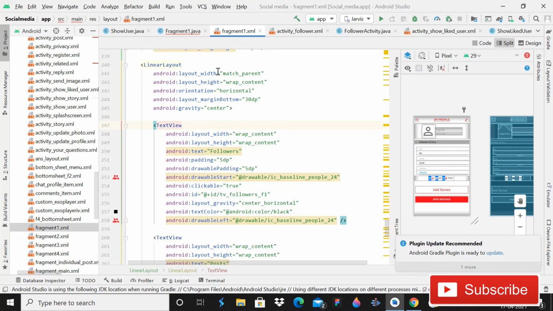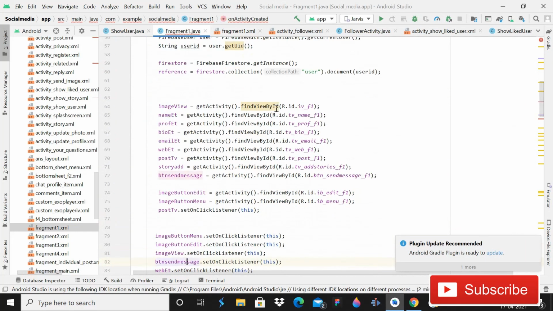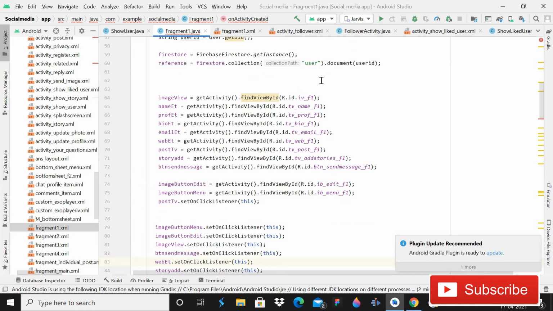The id is tv follower f1. Why is it not visible? tv follower f1. Yeah, we have not implemented it yet.